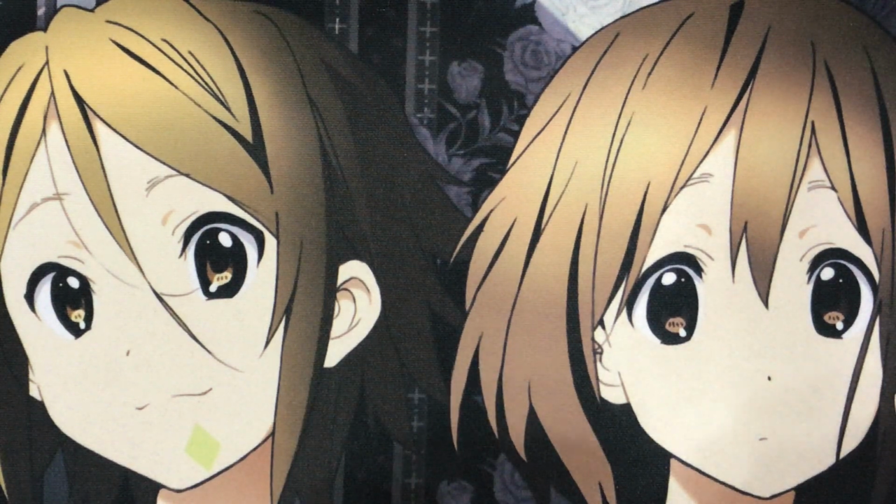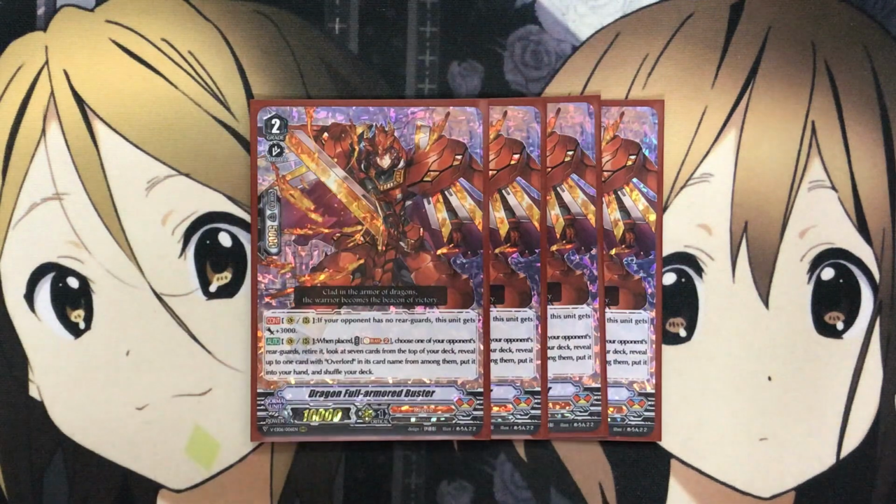We'll now move on to the grade 2s. I run 4 Dragon Full Armored Buster. If your opponent has no rear guards, this unit gets plus 3,000 power. This skill works on Vanguard or rear. And on Vanguard or rear, when placed, you Soul Blast 2, choose one of your opponent's rear guards, retire it,